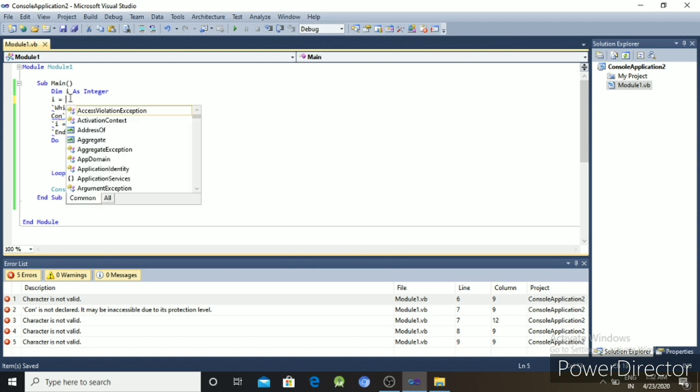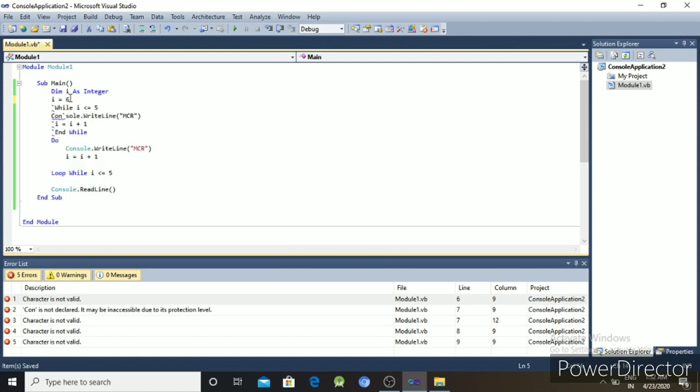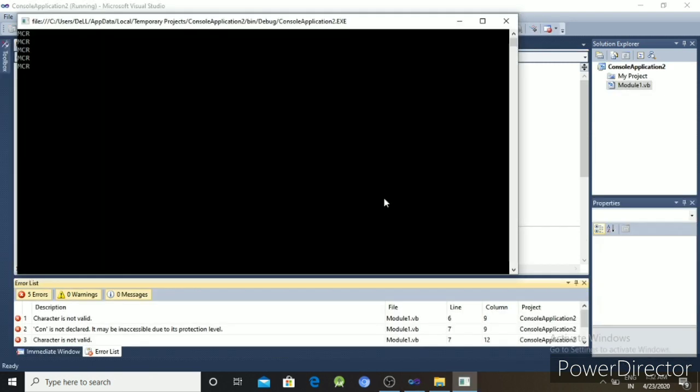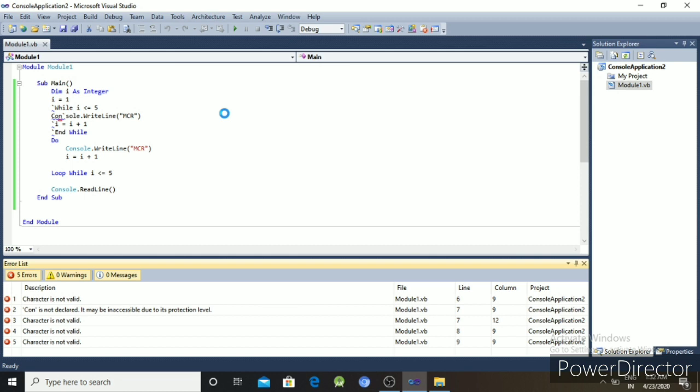First we execute the program and find the output. The output is MCR 5 times, because although the structure of while and do while are different, our output will be the same.